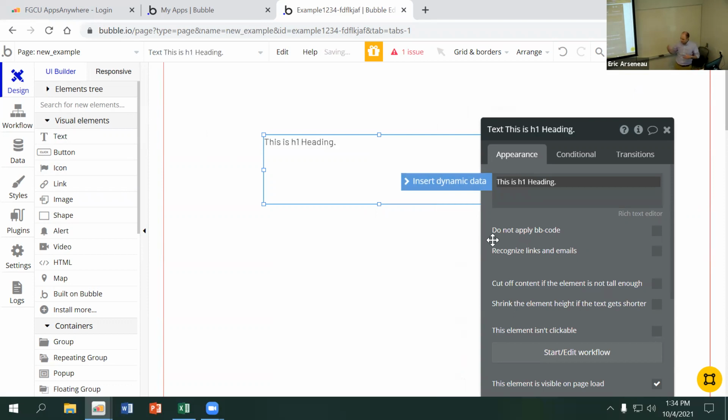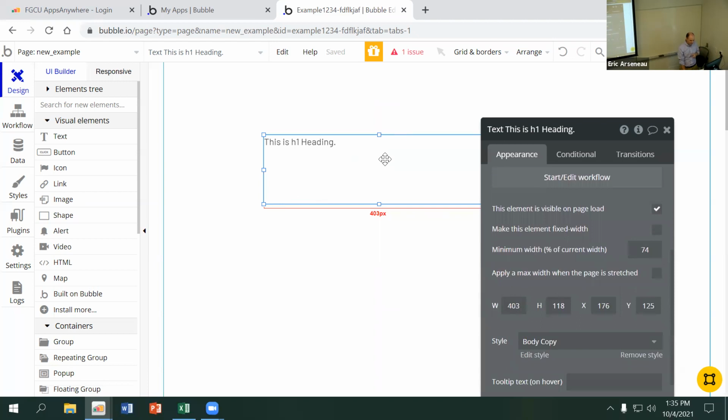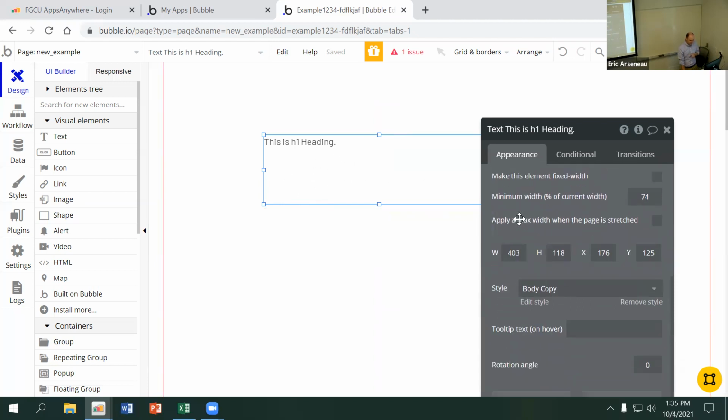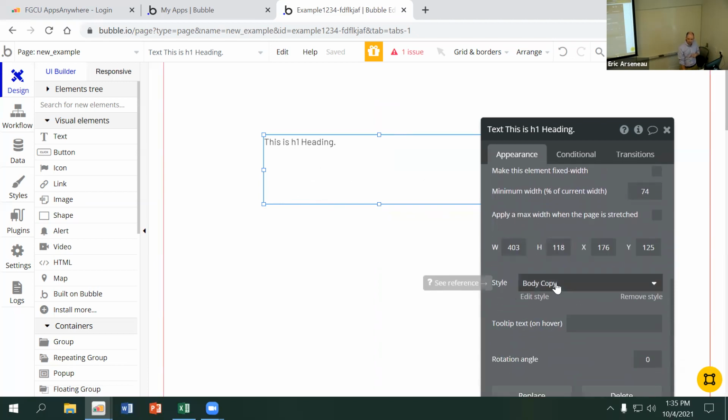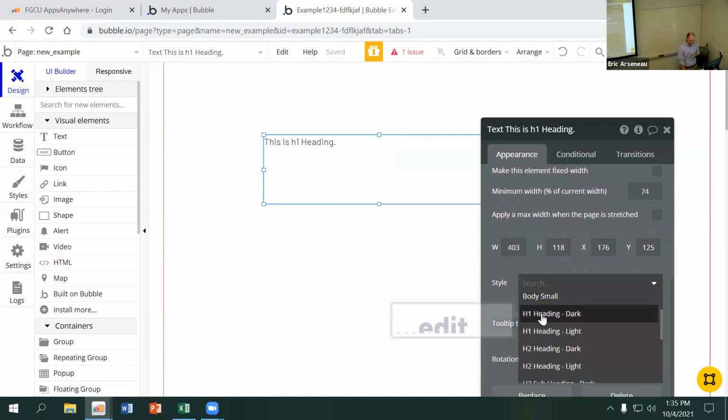Now I've talked about this sometimes. You've seen me do this a few times, so it should start to feel a little bit more natural. Right now, this is a little confusing because it's not an H1 heading. That's only the text that's there. I haven't done anything to change the style of this text. Right now, it's actually body text. We know that because if we scroll down on this particular element and the options over here, the style says body copy. If I click on this and switch it to H1 dark font,